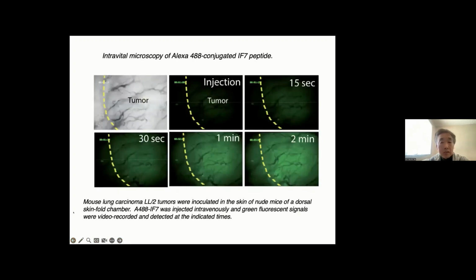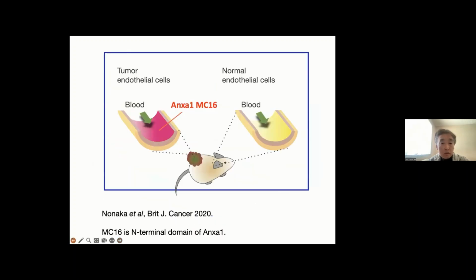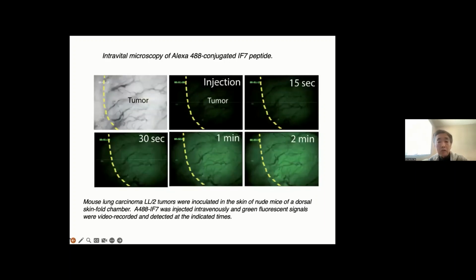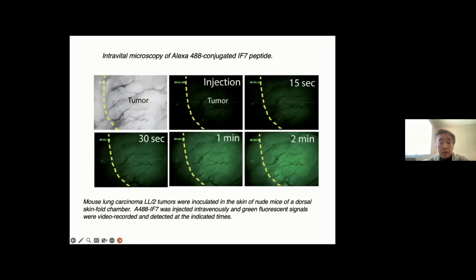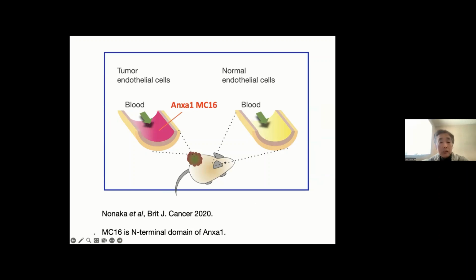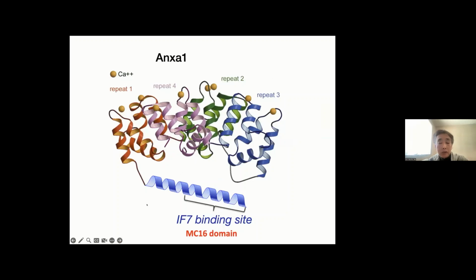And then the IF7 targeting was very fast, as you see in this slide. After 15 minutes and 30 minutes was visualized, and after 1 minute and 2 minutes, almost plateau. As a control, to summarize that result,